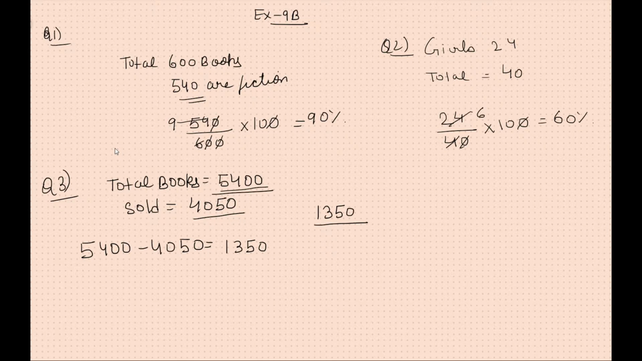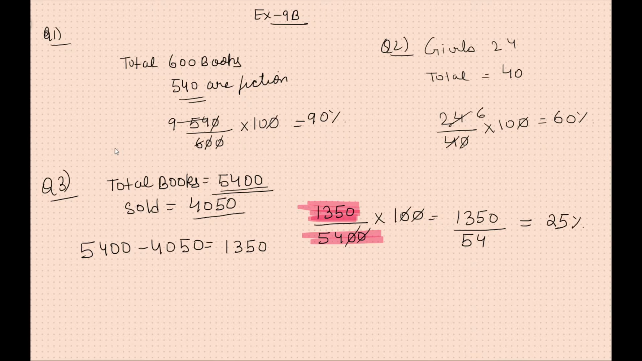Total number of books 5400 into 100. So what we did, this is the number of books that he was not able to sell, and this is the total number of books. So now we solve and simplify this, 1350 upon 54, and on solving you will get the answer as